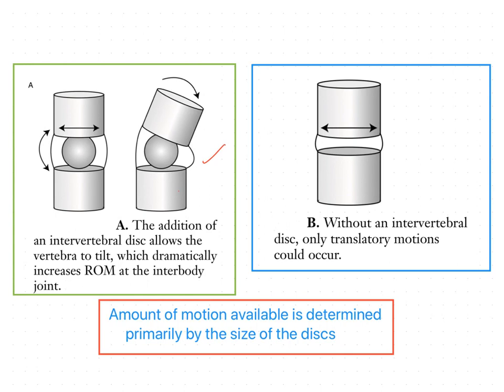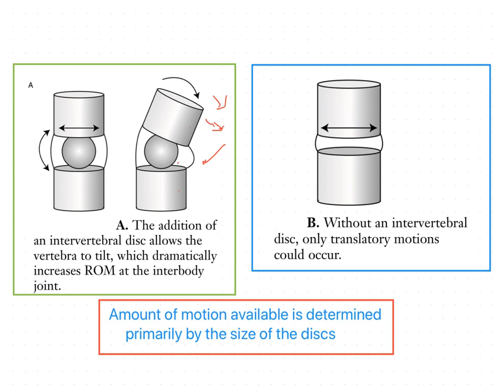The blocks may be tilted or rotated in any direction, and may glide if the ball rolls. So here tilting is taking place. If the size of the ball is increased, the amount of tilting is also increased. If the size of the ball is decreased, the amount of tilting also decreases.